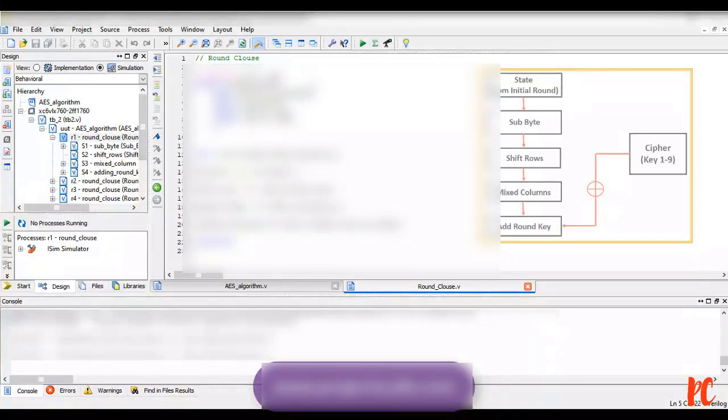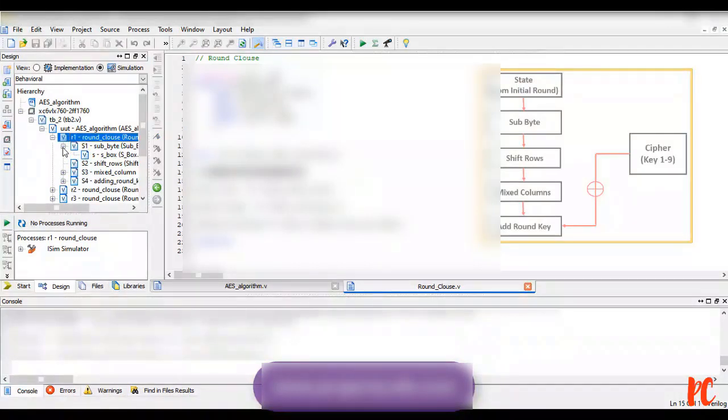One is the sub-byte stage, one is the shift row stage, one is the mix column stage, followed by the add round key stage. Finally it is again performing a XOR operation with respect to the cipher key that is being generated. So you can observe that the input signals have been defined here. And we know that we have a predefined RCON table also that I am defining within this. Followed by we have multiple columns with respect to sub-byte. So here you can see with respect to sub-byte there is a program being written here.